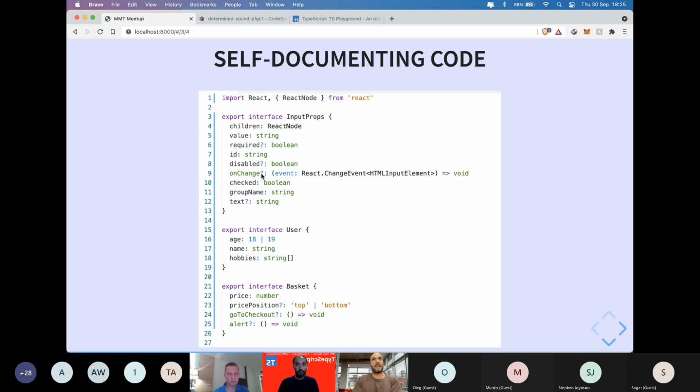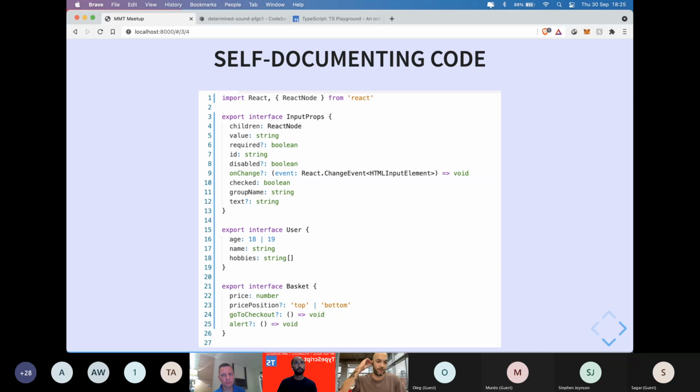Also, I think of self-documenting your code. Let's say, for example, we have a file like this one where we define all our interfaces, we export them, and we reuse those interfaces throughout our code base, which explicitly says what our code should do or accept.